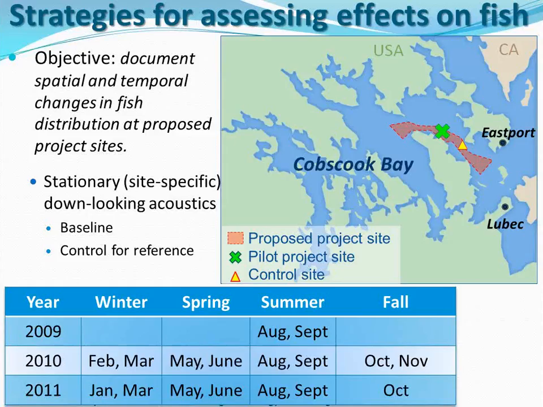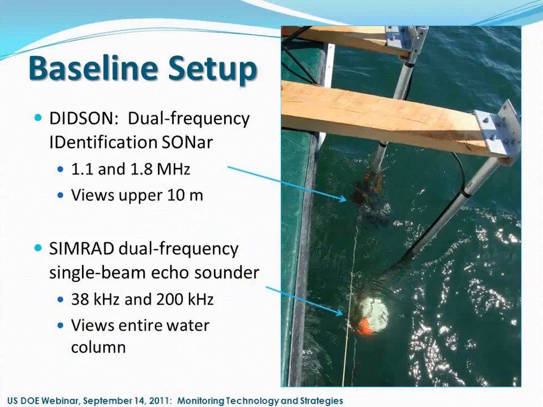And our strategy includes using downlooking active acoustics at a baseline and a control site, and those are identified by the green and the yellow X and triangle respectively. We're doing this multiple times of the year throughout multiple seasons, and what we're doing, if you go to the next slide,